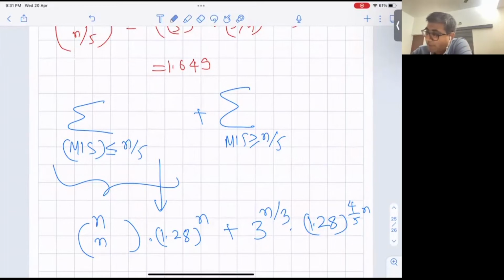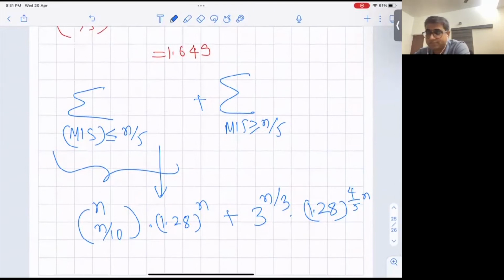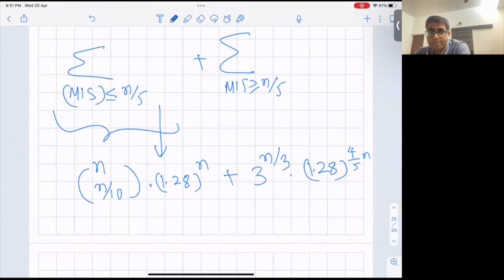How much is n choose n by 10? Is it less than 3 to the power n over 3? That's all that I care. Someone should tell me the number. Oh, it is 1.38, no? Okay, so if I do this, then this is going to be